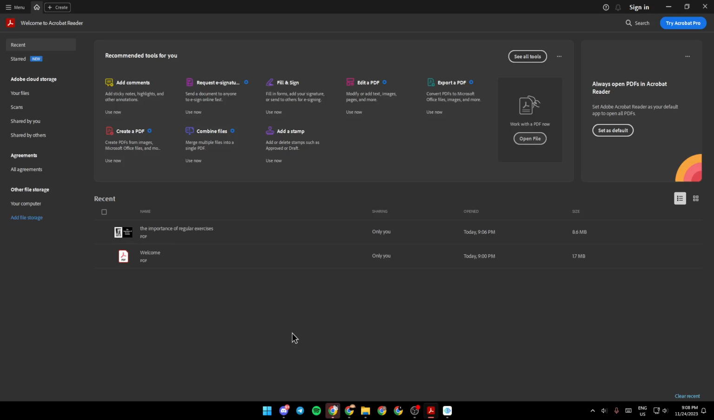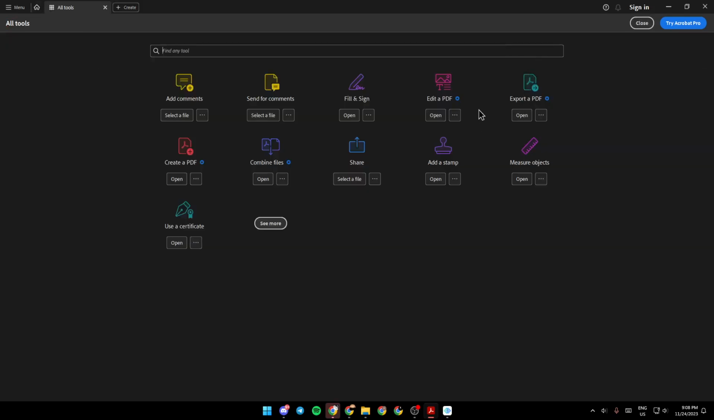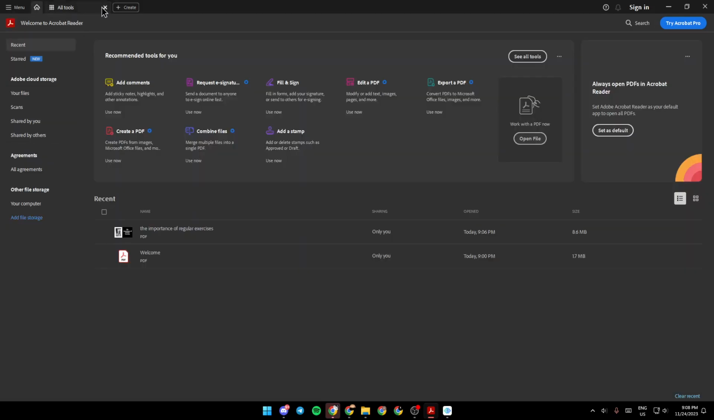So right here, you're going to find the recommended tools for you, like add comments, request e-signatures, and so on. You can see all of the tools right here. From here, you can work with the PDF. If you want to edit a PDF, right here, you're going to find always open PDFs in Acrobat Reader. If you want to set Acrobat Reader as default, and right here, you're going to find the recent PDFs. Right here, the recent or start files, also Adobe Cloud Storage,